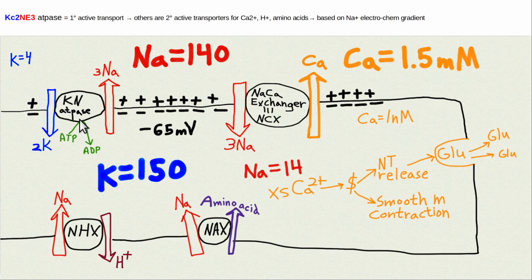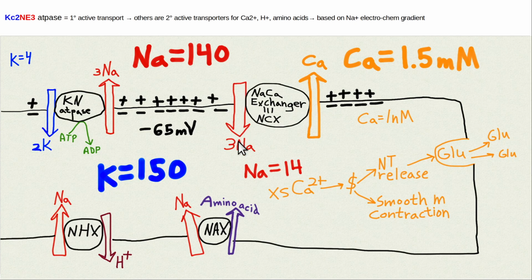So this pump pumps out sodium, and that causes a concentration gradient because you're pumping out a lot of sodium. You get 10 times as much sodium outside the cell than inside the cell. That makes sodium want very much to get into the cell to equalize its gradient. It's also attracted to the negative charge inside the cell, because when you pump out all that positive charge, you have a net negative charge across the plasma membrane. That eager desire of sodium, which I call the angry poor to break into the city,